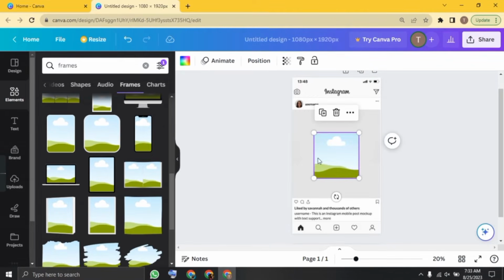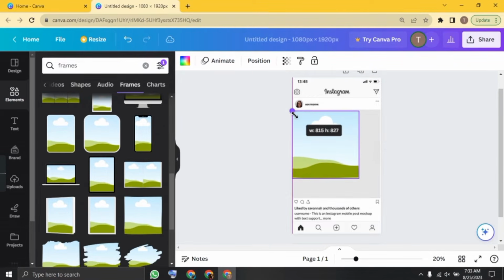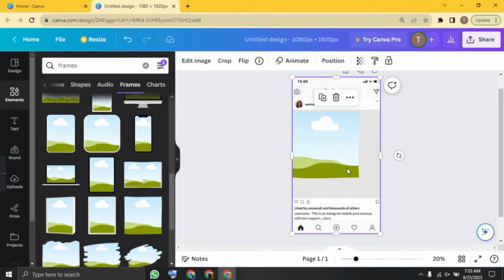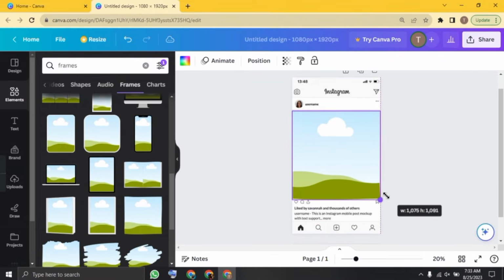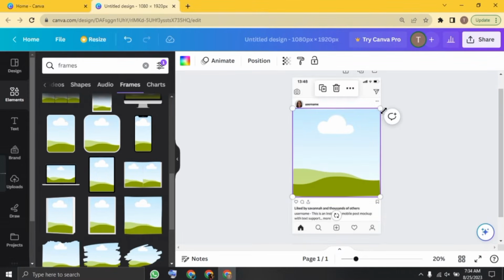By the way, Canva really makes our life easier in the social media aspect, in the educational aspect, in the business aspect, and much more, because they have a huge variety of templates and elements, and in Canva, each and everything can be customized.